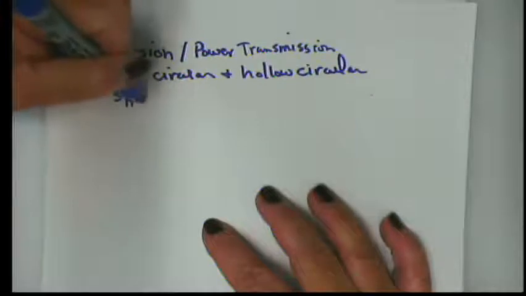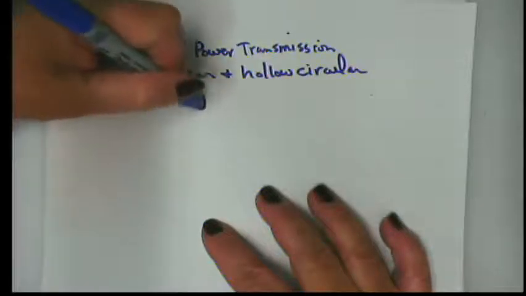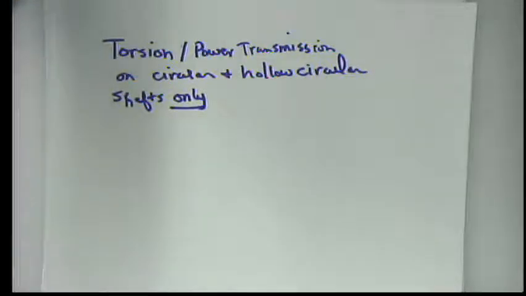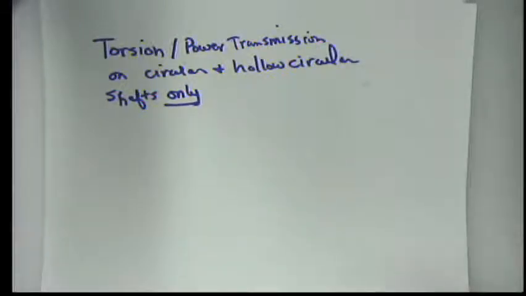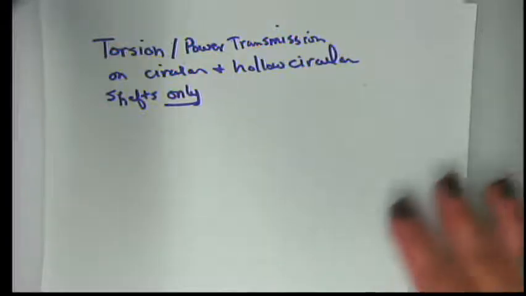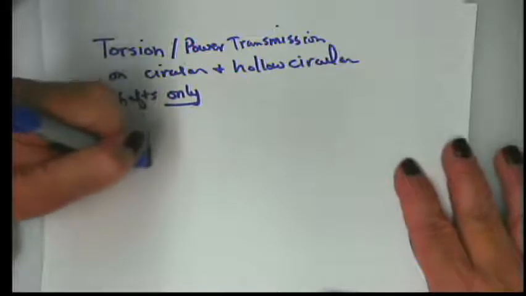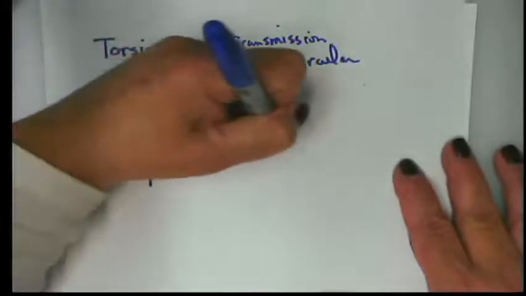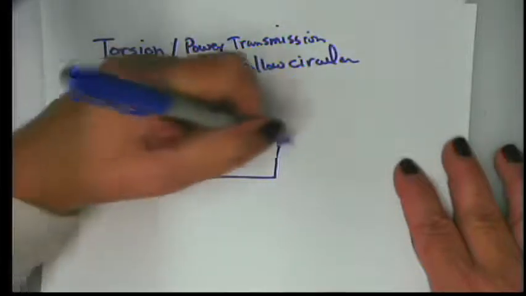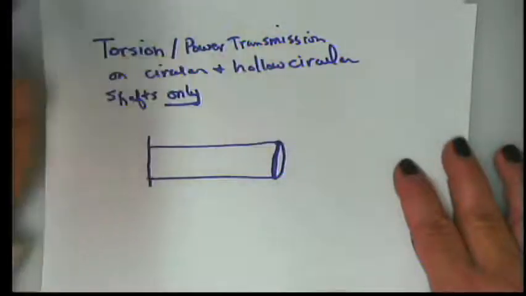And the reason, as I pointed out last time, there are very many instances where torsion is applied to a non-circular shaft, but we limit this because we can get the principles of torsion and the principles of power transmission without getting lost in the weeds of the geometry. So I'm just following the lead of the authors of your textbook on this one, but I do think it's a proper approach. So just briefly what we talked about last time, if we have a shaft that is circular in cross-section